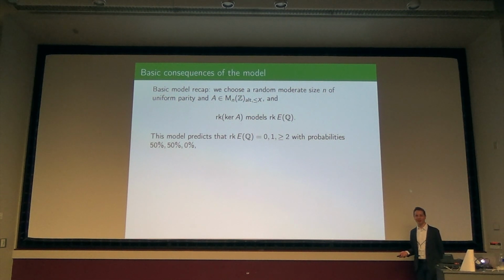What I mean by 0% is that it could grow as a function of the height, but it will never grow as a constant multiple of the height. So it could be square root of h or something, but 0% of the time when you do this limit do you get rank 2. Why is that?